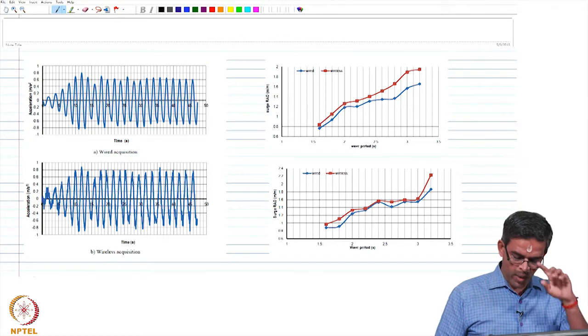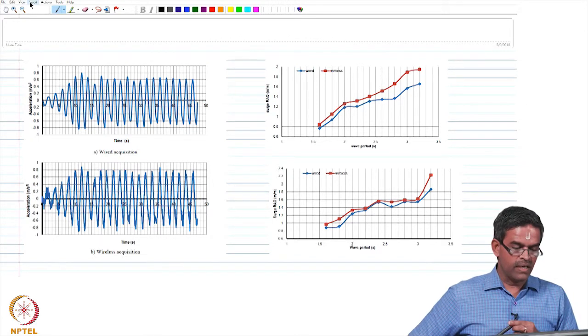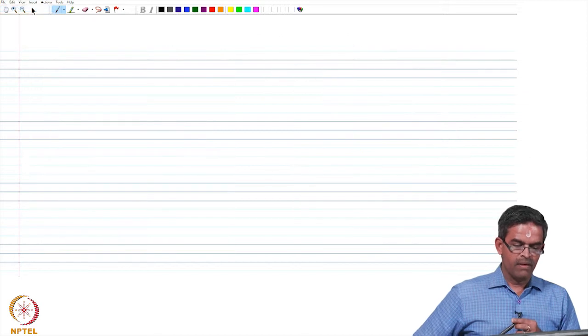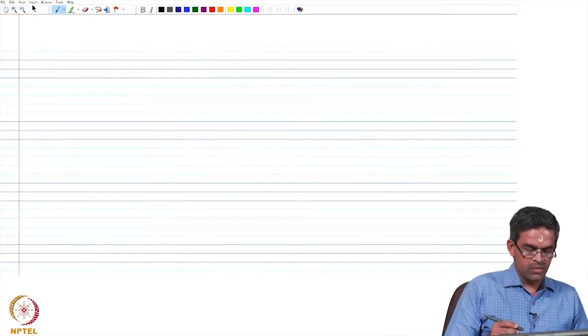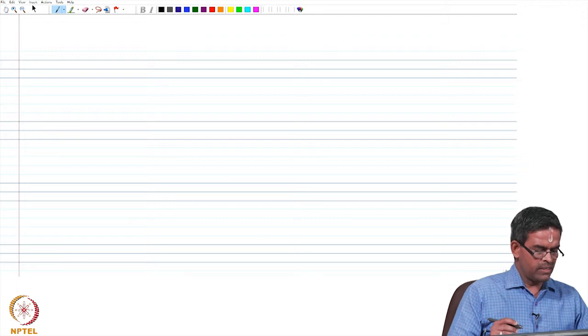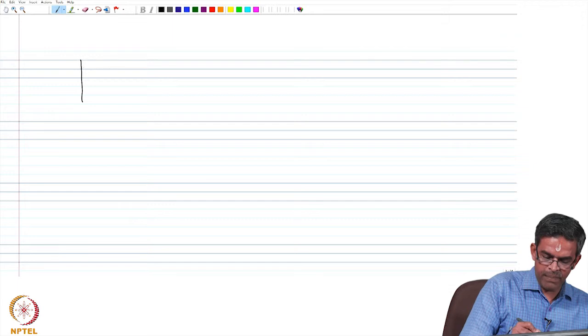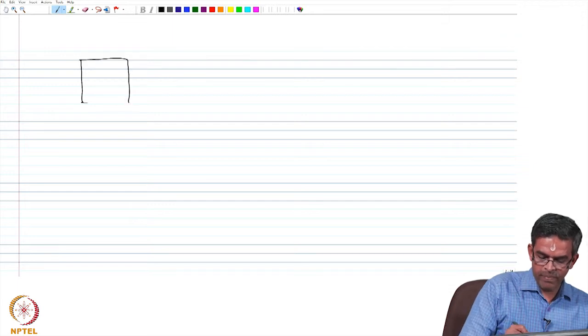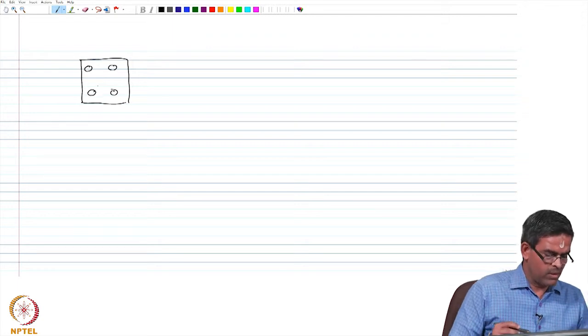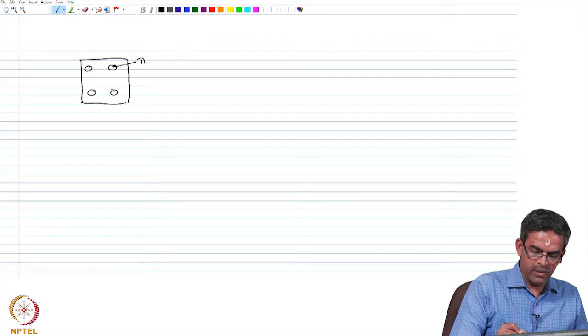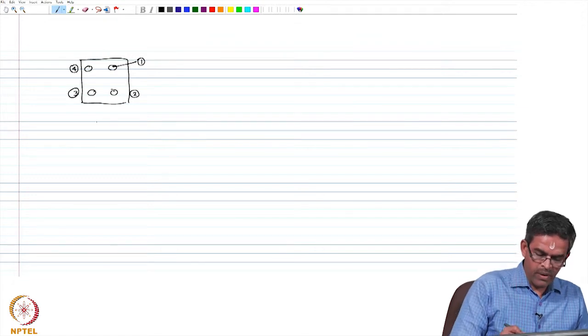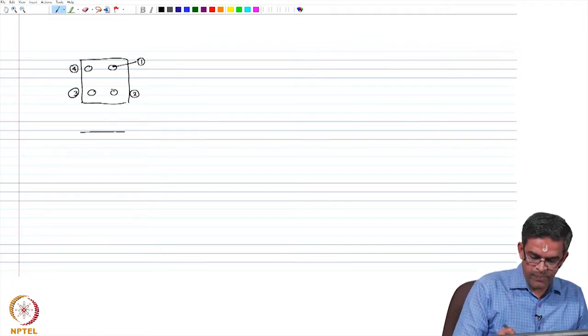As I said, one is interested to investigate the postulated failure. So, let us say the postulated failure is an intended failure caused on the platform. The platform is square in shape with 4 legs at each corner. Let us say this is position 1, this is 2, this is 3, and this is 4. This has got a deck on the top